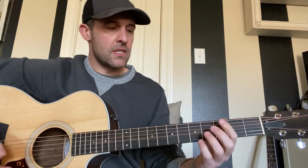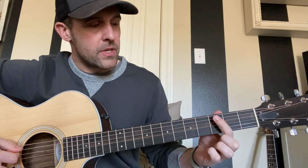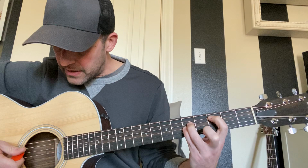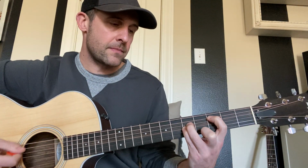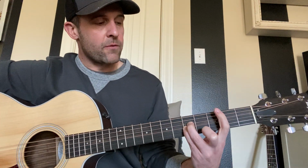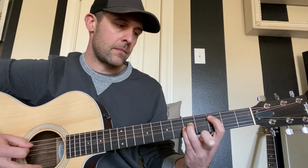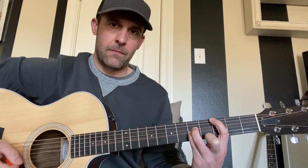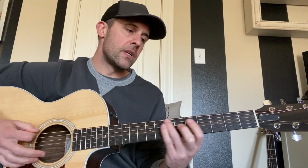Then it gets a little more simplistic here. We're just gonna go with like just a straight little C chord here, and we're gonna be on the 3rd fret A string. We're gonna be down here on the D and the G, and all you're doing is just hitting the A string by itself, and then strumming down. And these two fingers are staying here. Bring that forefinger up here. So that whole bridge is